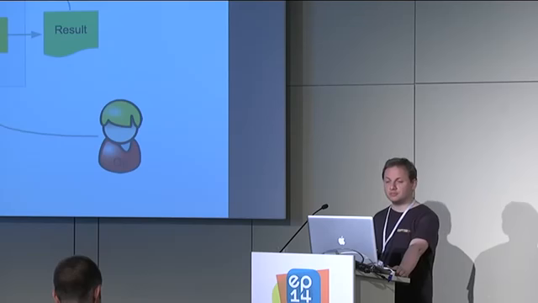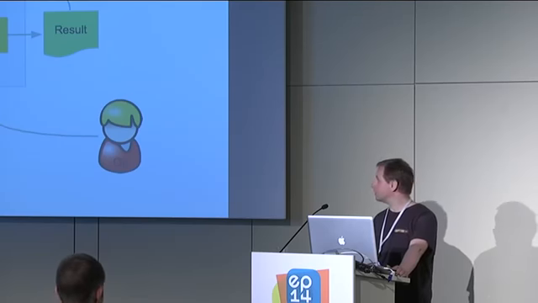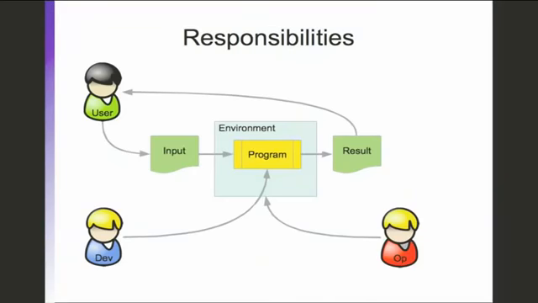When I talk about responsibilities, let's take a look at the graphics that we had before. The responsibility of the user and the operators is pretty clear. They have to provide sufficient, complete, and valid input for the program to produce the result. The operators have to provide an environment where the program has everything it needs concerning access rights, memory, and so on. And the developer